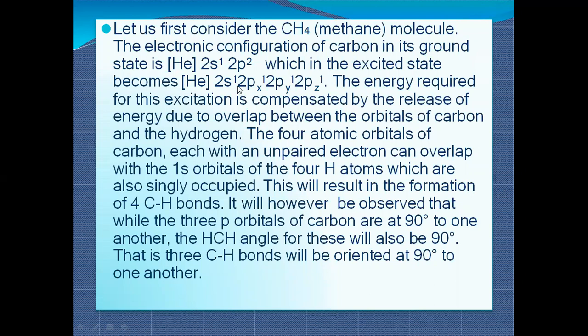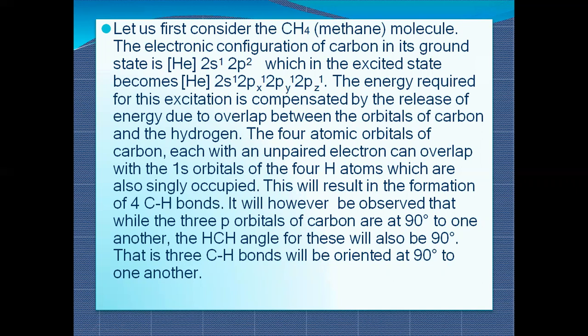But when it goes to the excited state, the electron from this 2s will jump to the p orbital. Now we have four singly filled, half-filled electrons. This is the excited state electronic configuration. The first electron will go to 2px, then 2py, and then 2pz. The energy required for this excitation is